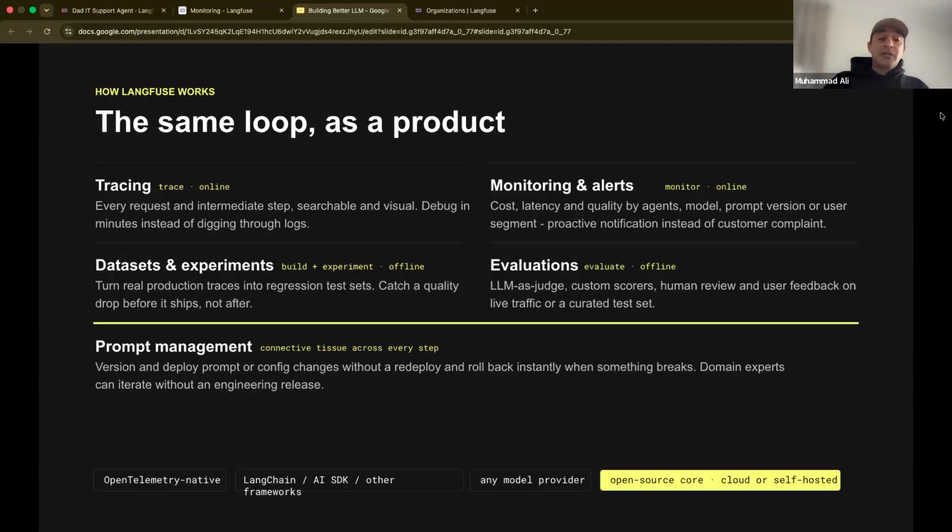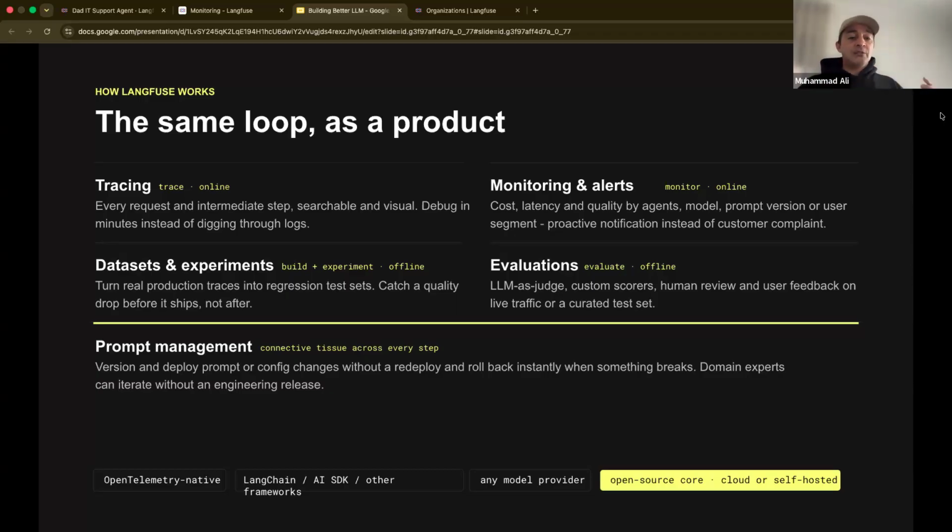And there's also a critical feature called prompt management that makes you take those prompts which run those agents out of your code and put them in a repository in Langfuse, so that every single time you have to make a change to improve the quality of your agent by changing the prompt, you don't have to redeploy the whole application.